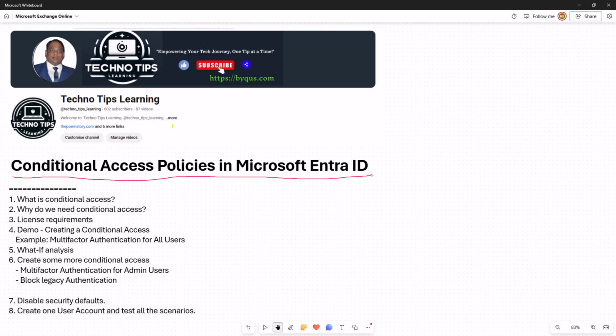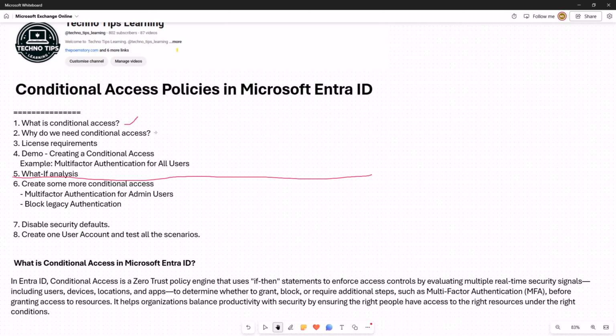So we will proceed with the video. In this video, we will discuss what conditional access is and why we need it, and license requirements. Then we will create a demo account and see what we can do with it, and we will understand What If analysis and create some more conditional access policies.